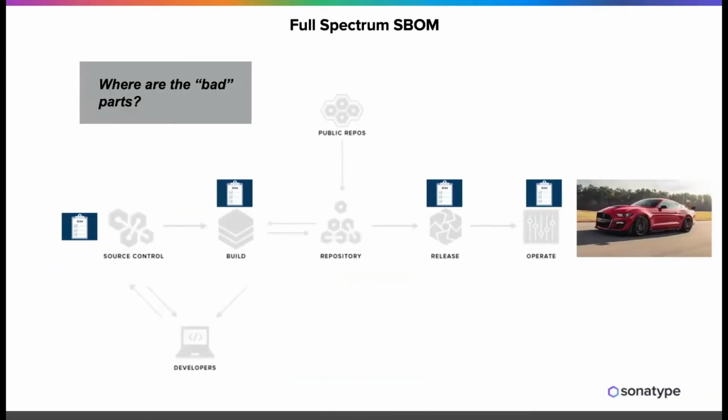And this is exactly what I'm talking about, right? That bill of materials changes as we move from our source to builds, and we're fixing, and we're iterating to our release, to our operations. And again, this is exactly how manufacturers, for cars, airplanes, anything, understand if they have an issue, if there's a vulnerability, they know exactly where those manufactured items are and how to make the necessary adjustments for those defects or vulnerabilities.